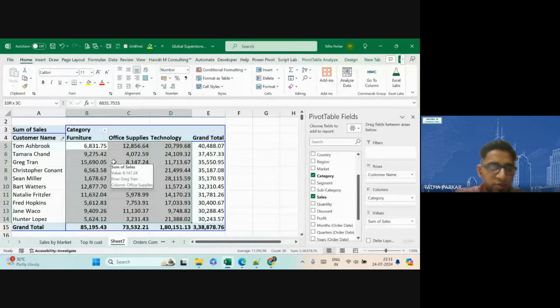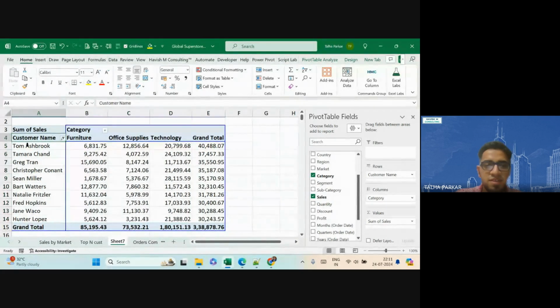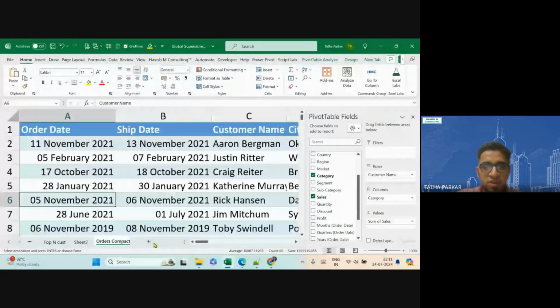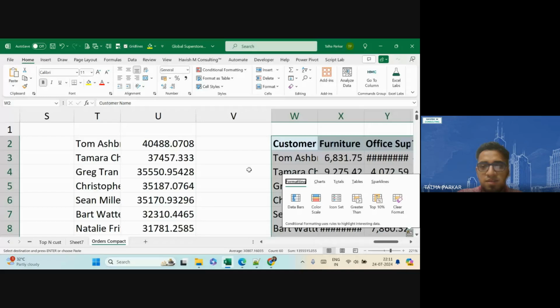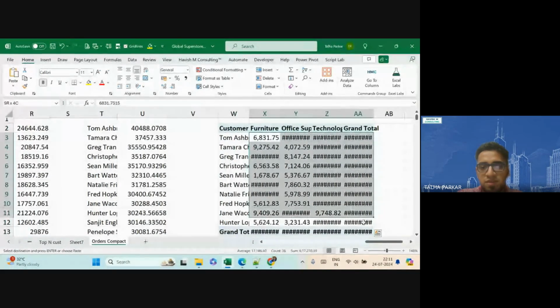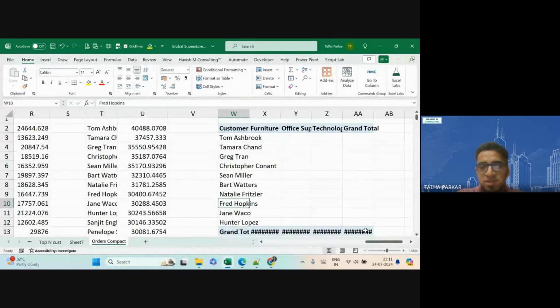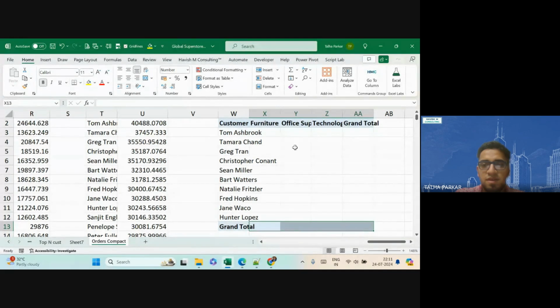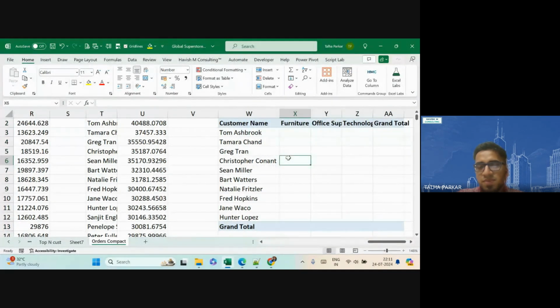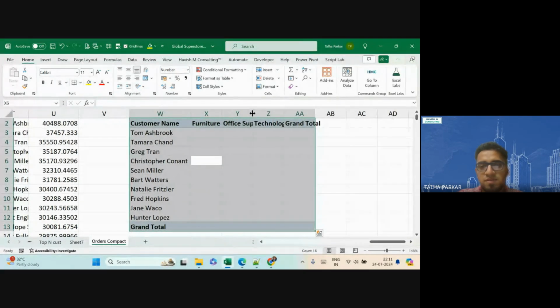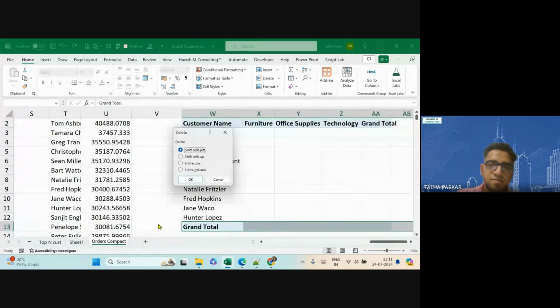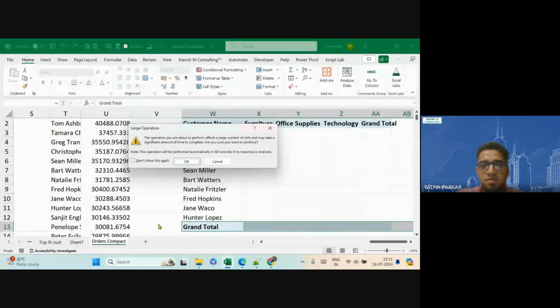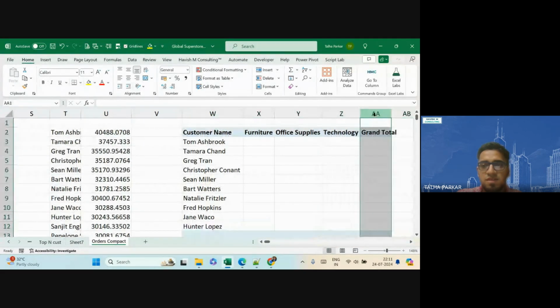This would have, आपको सम इफ ही लिखना पड़ता। एक बार मैं दिखा देता हूँ कैसे करेंगे, तो आपका रिवीजन भी होता रहेगा बीच बीच में। बताओ कैसे करेंगे। अगर मुझे ये नंबर्स चाहिए यहाँ पे, ग्रैंड टोटल तो ठीक है, वो तो सम से आ जाएगा, ठीक है। अगर मुझे नंबर्स चाहिए इन लोगों के लिए, कैसे करेंगे, क्या फॉर्मूला यूज करूंगा मैं। अगर मुझे देखना है कि टॉम एशब्रुक ने फर्नीचर में कितना किया है, उसने टेक्नोलॉजी से कितना परचेस किया है, ऑफिस सप्लाई से कितना परचेस किया, कौन सा फॉर्मूला यूज करेंगे यहाँ पे।